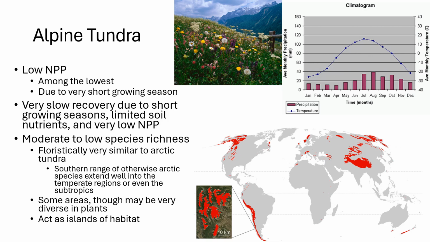It's because of the short growing season, because of the cold, because of the low precipitation, because of the high winds and that extreme environment that those plants find themselves in. But you do have a lot of unique species that live in the alpine tundra. There's just not a lot of species. So those species that do occur are quite unique, but there's not very many species in total. Tends to be very pretty areas, lots of wildflowers, lots of interesting flora going on, and very species diverse per